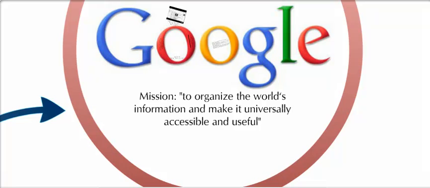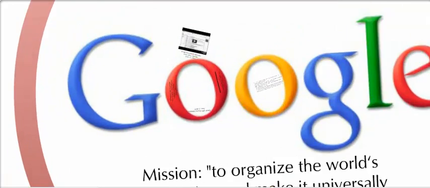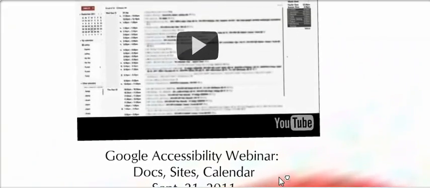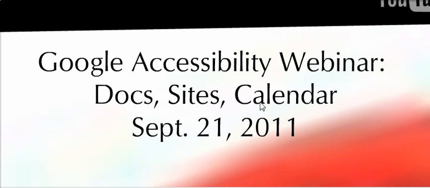However, this universal accessibility has been an issue with some of Google's services. And they're aware of that. So they've recently been doing some work to increase accessibility of some of their services. They did a major overhaul of how Docs works, how Sites works, and how Google Calendar works to increase accessibility for a variety of different disability use cases. And actually, they did a webinar on it, so if you Google it, you can watch the whole 1 hour video that Google did on the accessibility of their services.